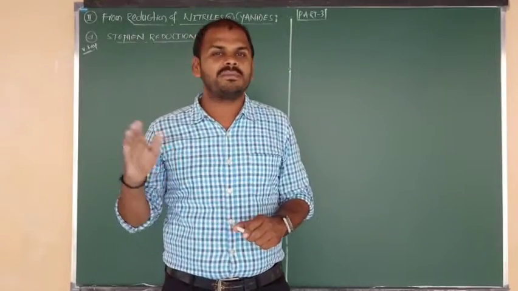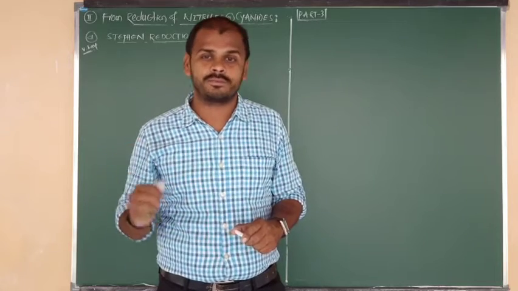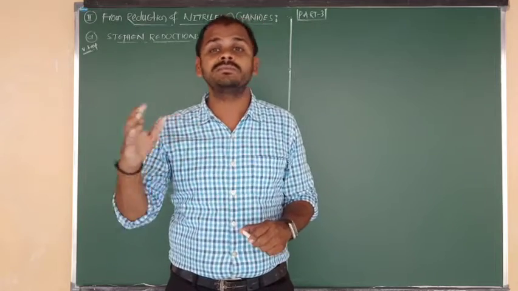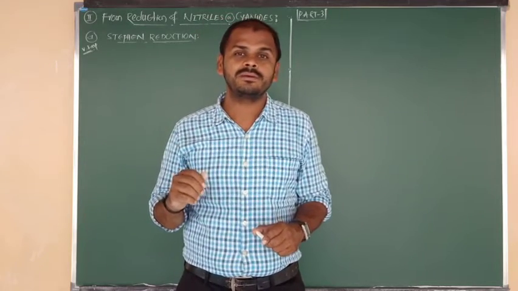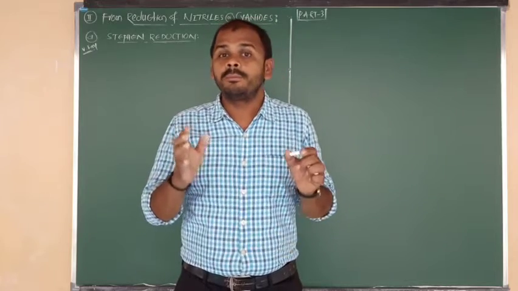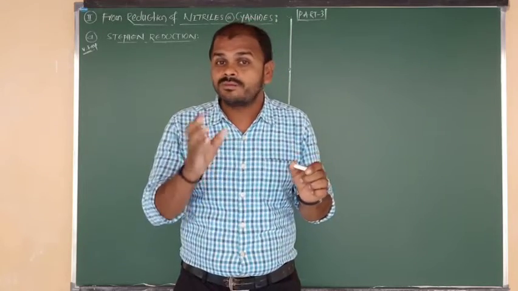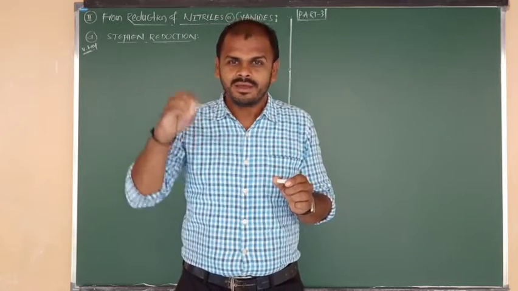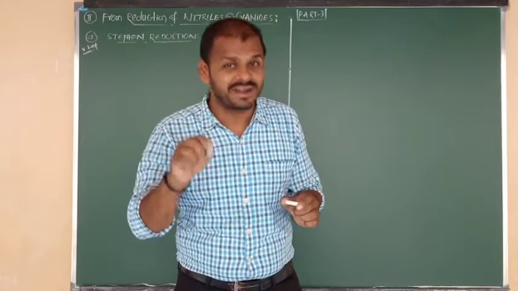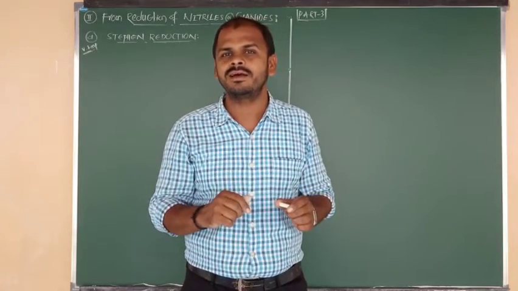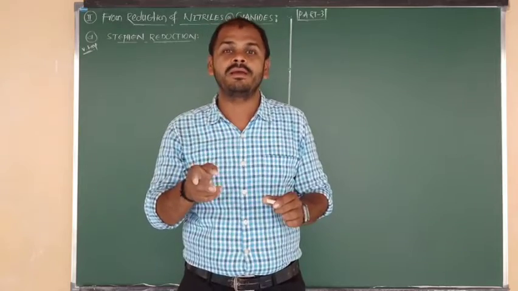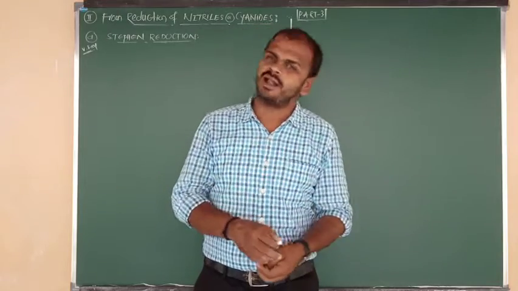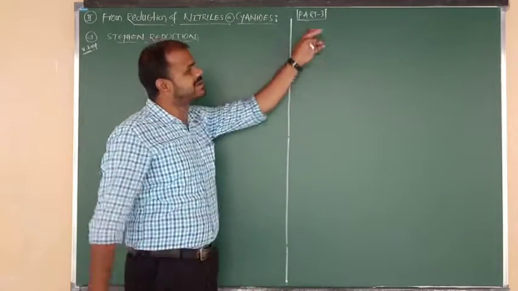In the last class, the second video class, we discussed the structure of the carbonyl group and isomerism in aldehydes and ketones. We also studied the preparation of aldehydes and ketones from acid chlorides, also called acyl chlorides. In that method, by using Rosenmund reduction, we prepared aldehydes. By using dialkyl cadmium, we prepared what, beta? Ketones. Now all the remaining preparations of aldehydes and ketones we are going to discuss in this third video class.